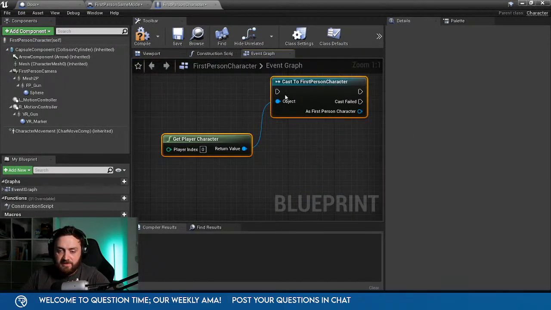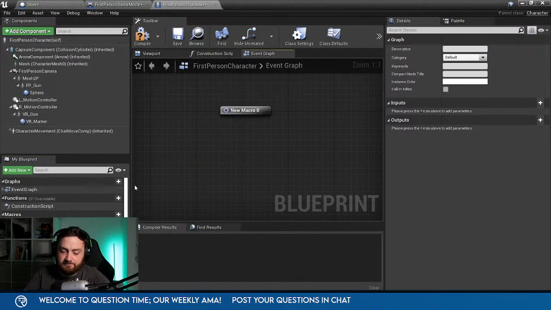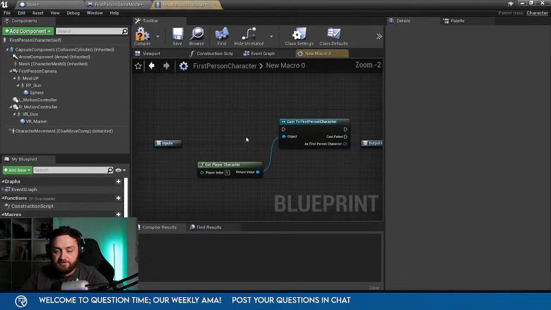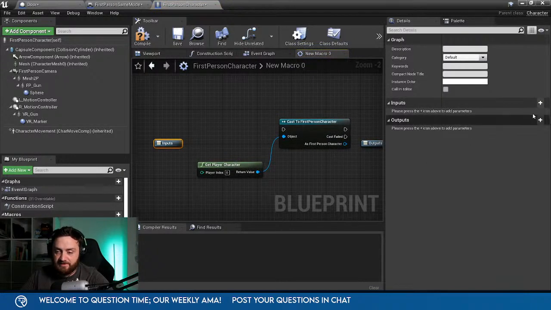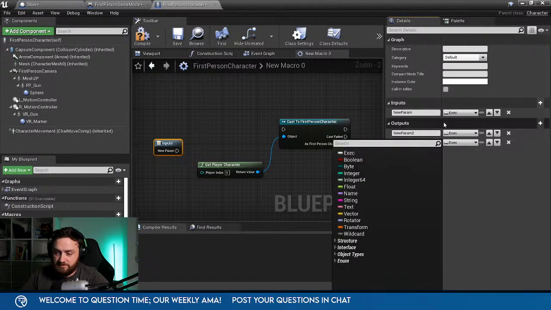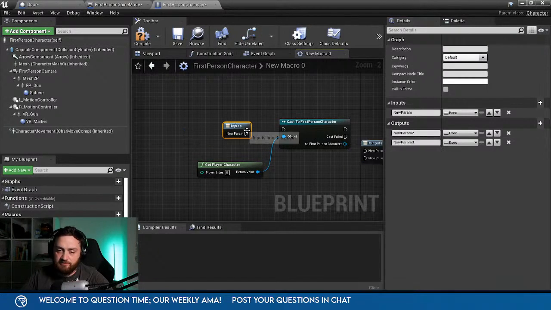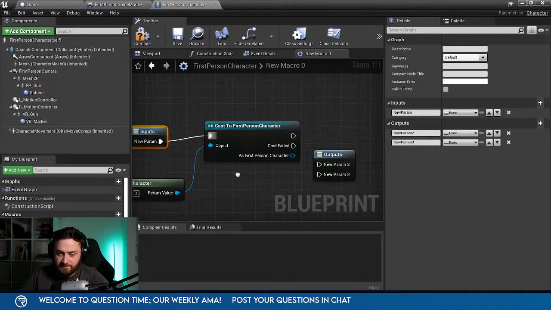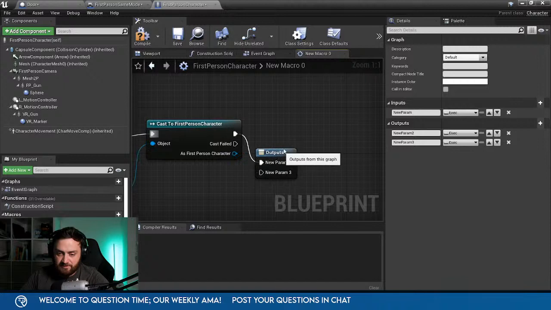If I convert that to a macro, this macro has this code in there. You have to add the inputs, obviously. This is a really bad example, so don't ever do this, by the way. I just want to show you the difference between the two here.